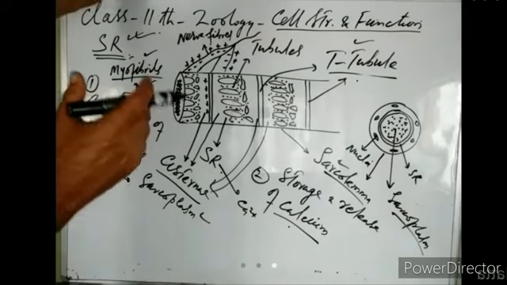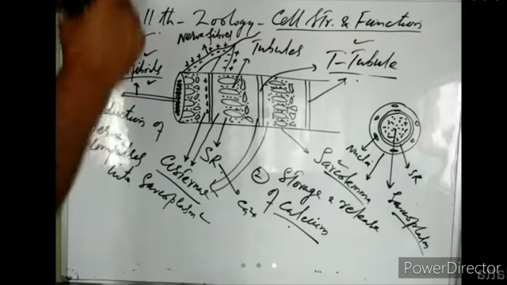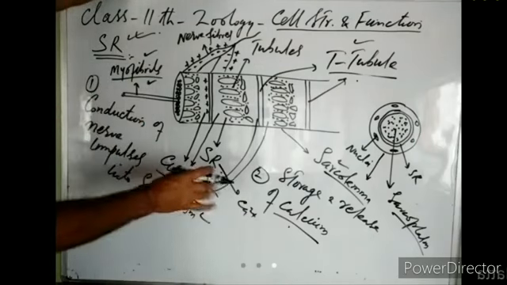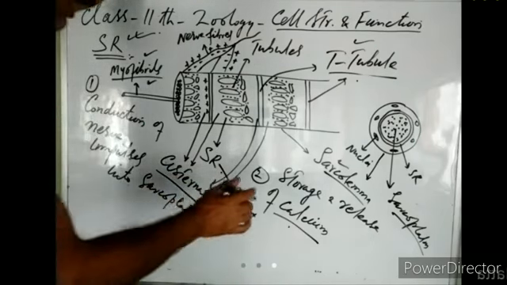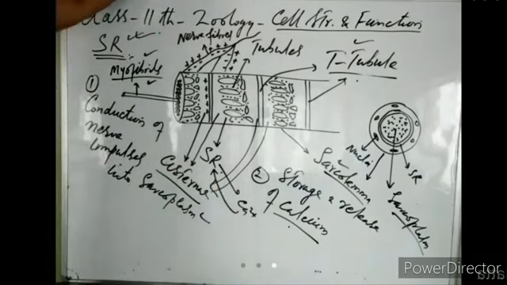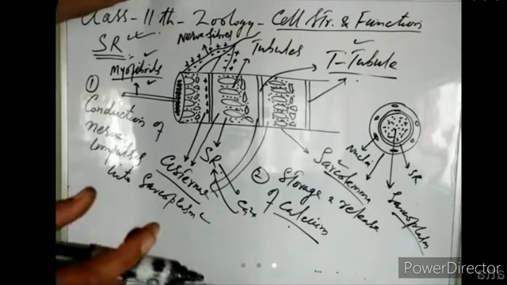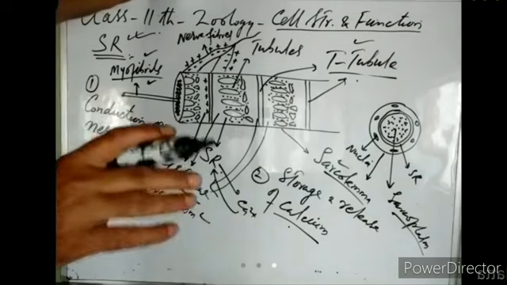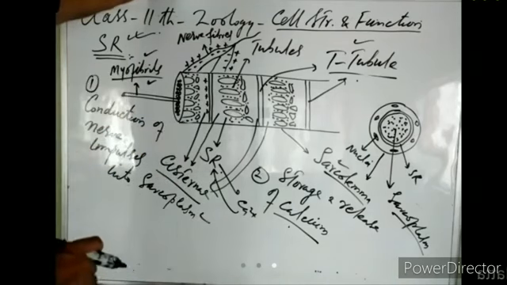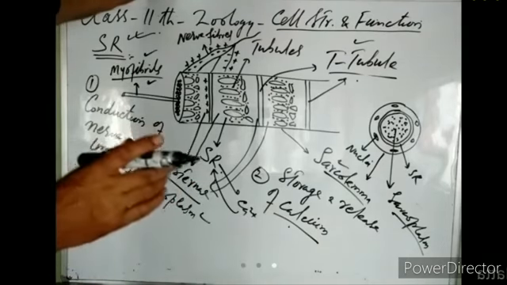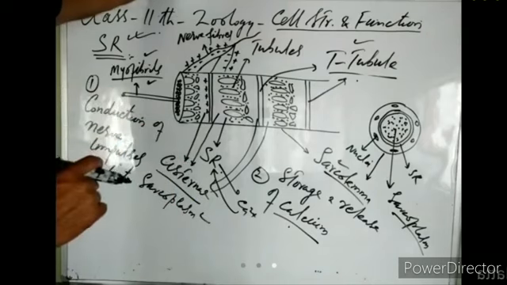When the muscle relaxes, when the nerve impulses stop, at that time these myofibrils set this calcium free. They release this calcium. And at that time, this calcium is stored back into the sarcoplasmic reticulum. So the sarcoplasmic reticulum releases calcium, and when the muscle contraction is over, it takes back this calcium and keeps it stored, right? That is the second function. So the first function is conduction of nerve impulse. Second function is storage and release of calcium.